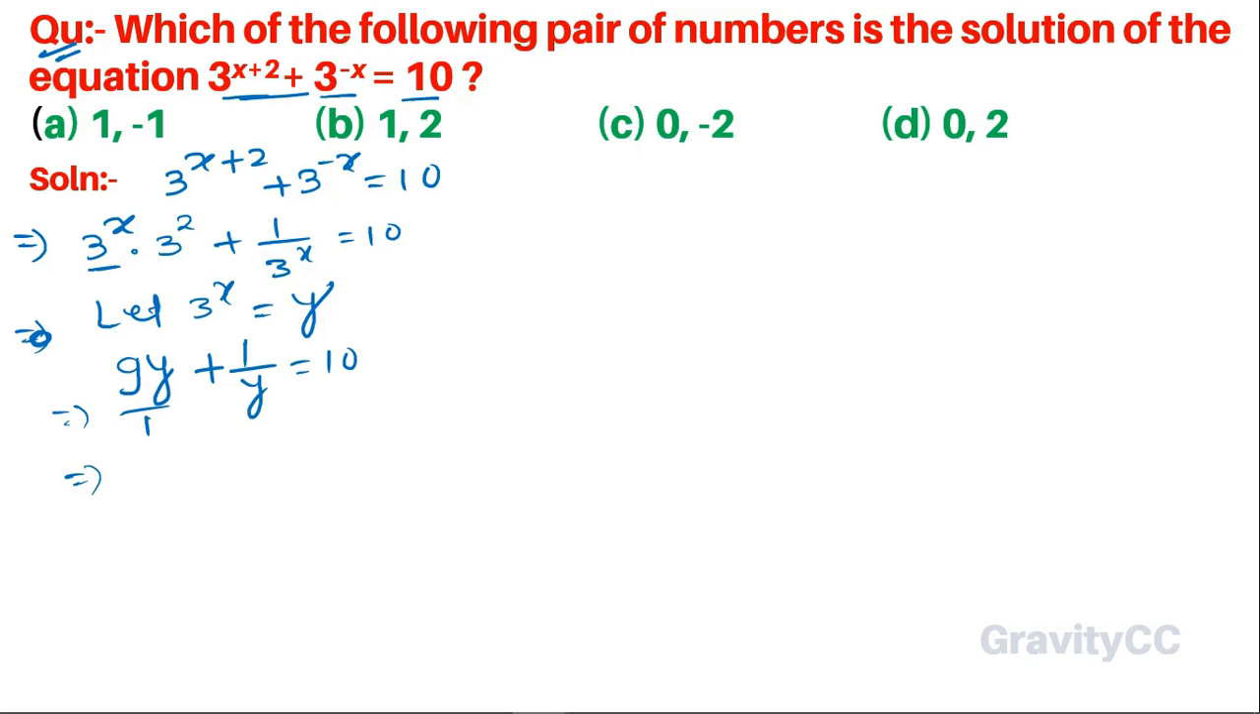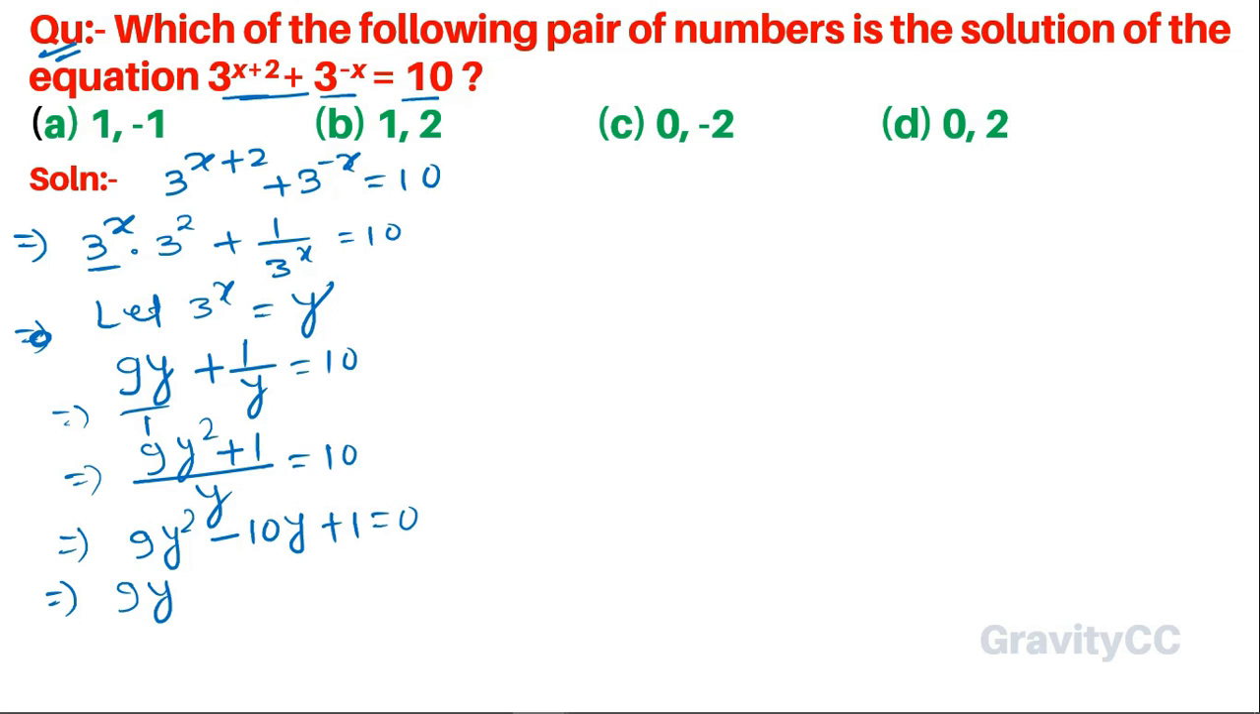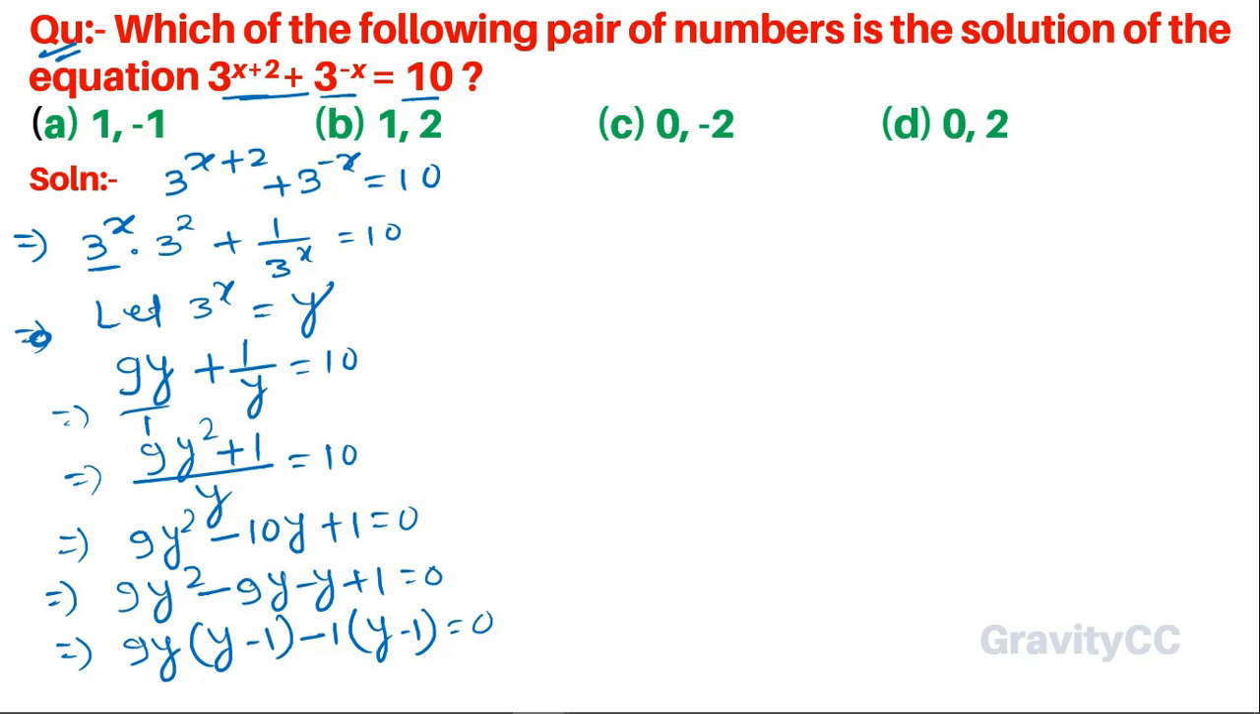और इसमें अगर हम एलसीएम लेंगे तो ये 9y स्क्वायर प्लस 1 implies that 9y स्क्वायर माइनस 10y प्लस 1 इज इक्वल टू 0। अब इसको हम मिडिल टर्म स्प्लिट करेंगे तो ये होगा 9y स्क्वायर minus 9y minus y plus 1 is equal to 0 implies that 9y कॉमन लेंगे तो ये y minus 1 और इसमें 1 कॉमन लेंगे तो y minus 1